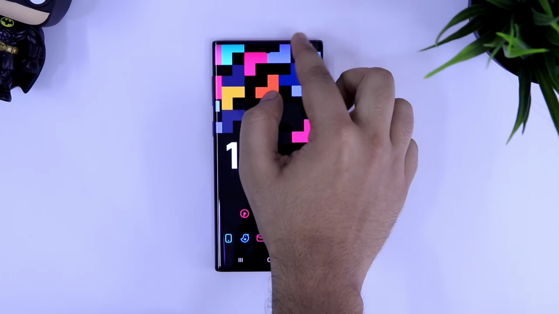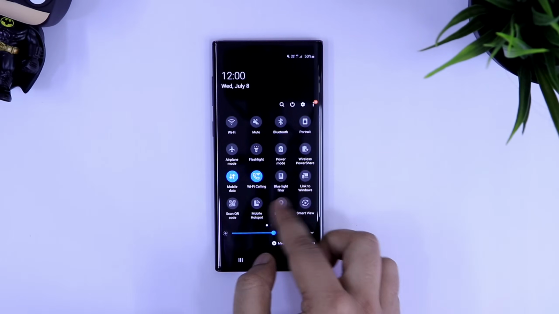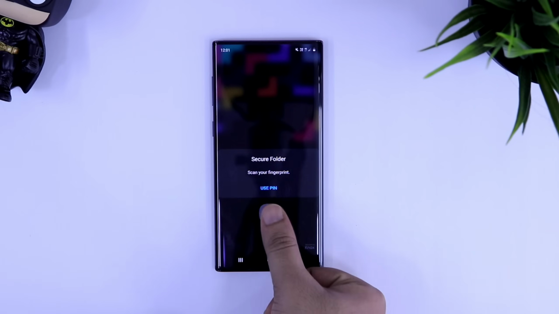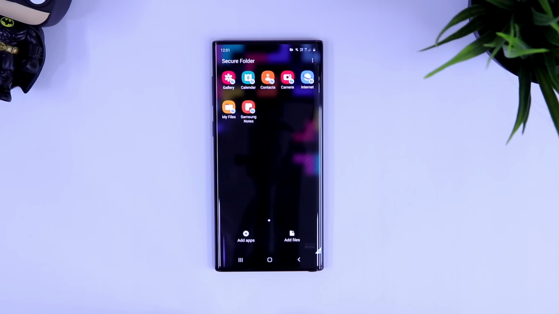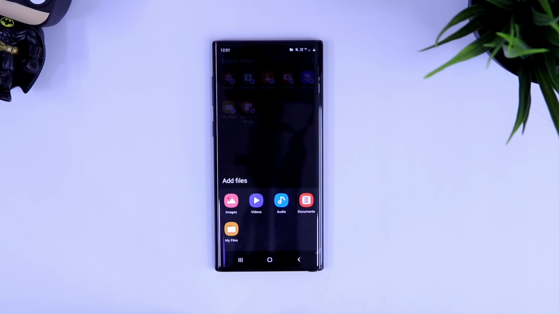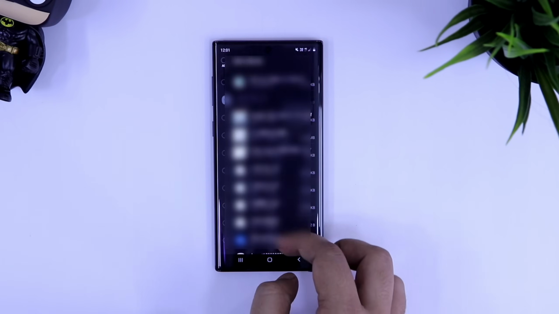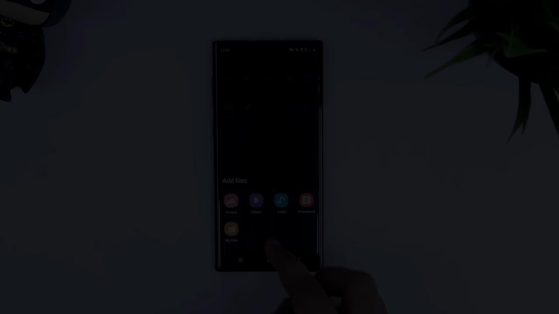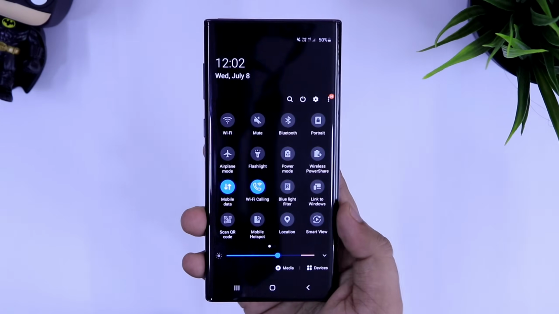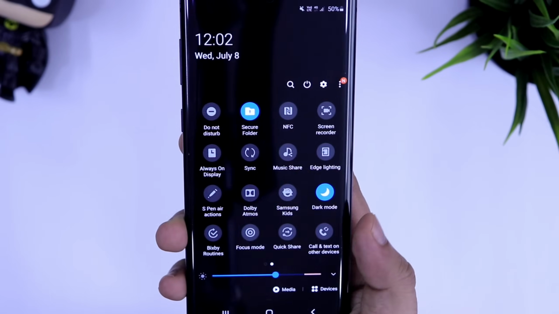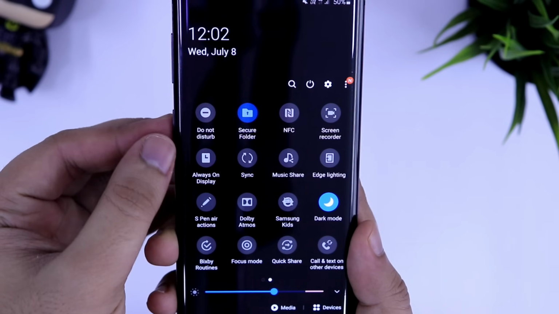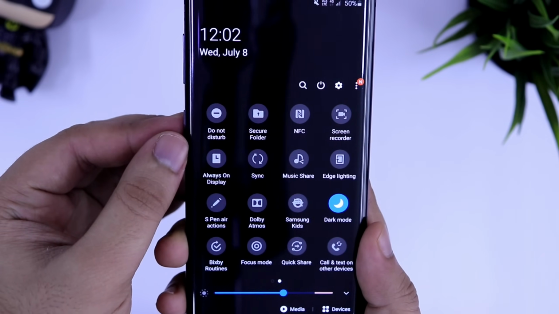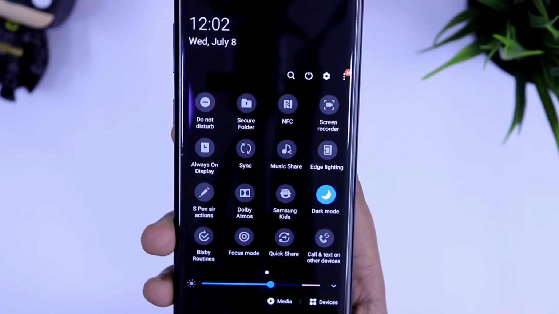If you go to your notification panel and then select secure folder, it will ask you to register your fingerprint or your password. Once you have done this, now you can add all your private files, documents, images or anything that are really important to you so nobody will be able to access all your files that you save here. You can access your secure folder anytime from the app drawer. And you can also hide this folder whenever you want by just going to the notification panel and disable secure folder. It's a very useful feature that comes inbuilt with Samsung phones and now you don't have to install any third-party applications to hide all your files.